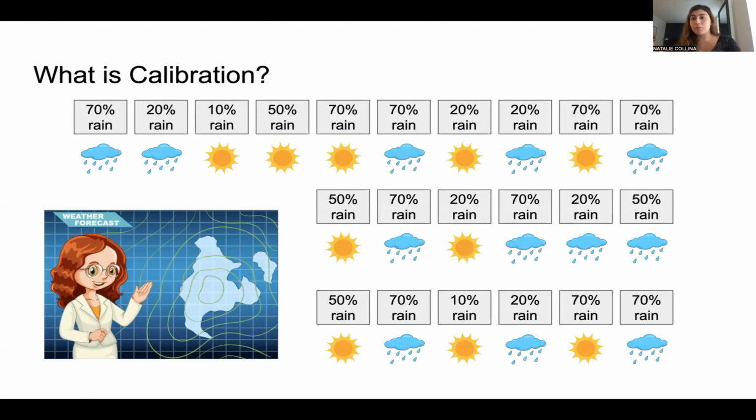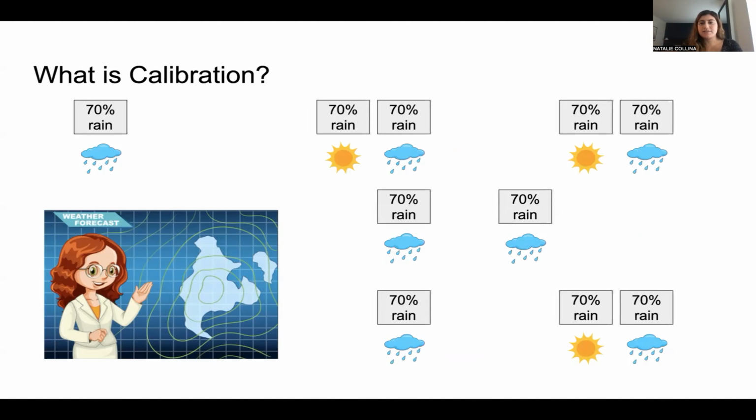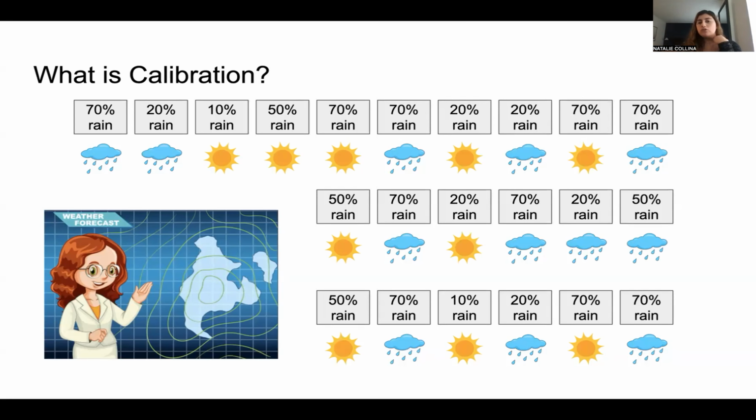But luckily, you're a weather predictor. So there are lots of days that we can evaluate you over. And now we could say, okay, all the times you said 70% chance of rain, we could look at those times and ask, did it rain about 70% of the time? And this is the idea of calibration, which is that you're not just unbiased over a sequence, but on the level sets of your predictions, conditional on the times that you say a certain percentage, you want to be unbiased on those. So here it looks good. It rains about 70% of the time you say 70%. But we would also look at all the other level sets.